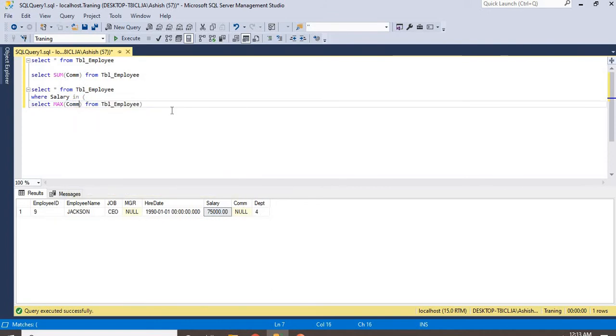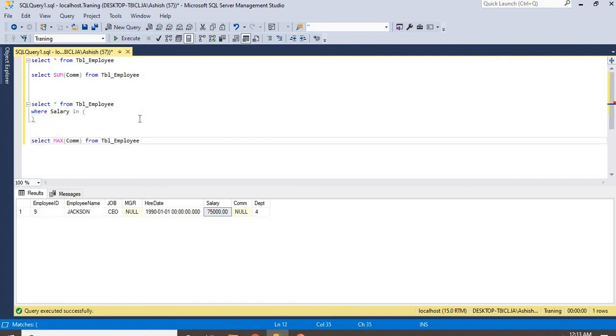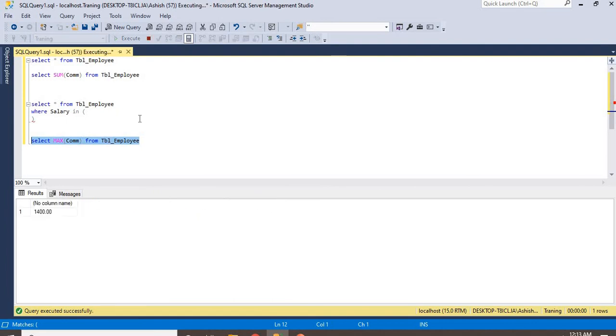What is happening here is actually a subquery, and we have already discussed the where clause. If you see this query, it is returning 1400.